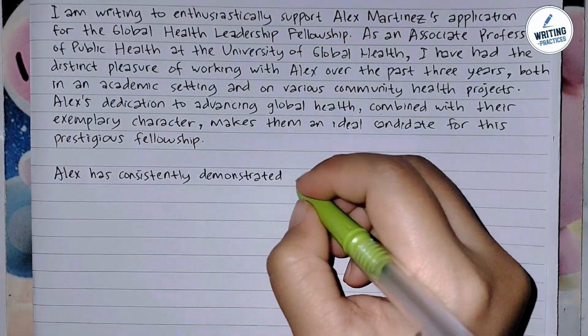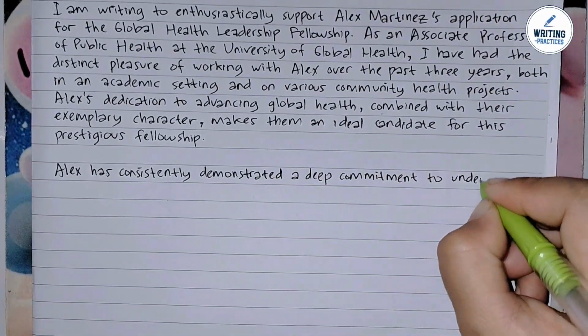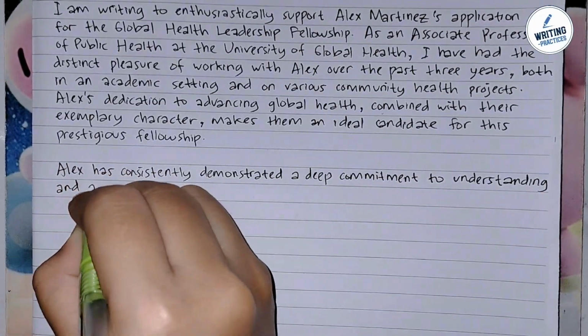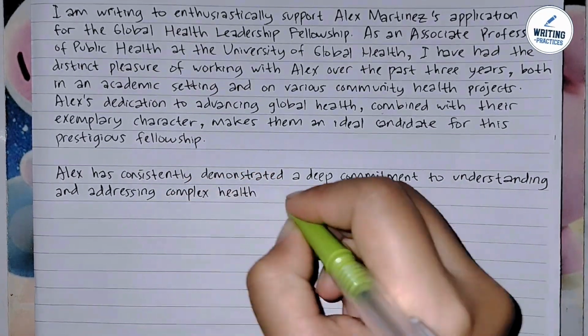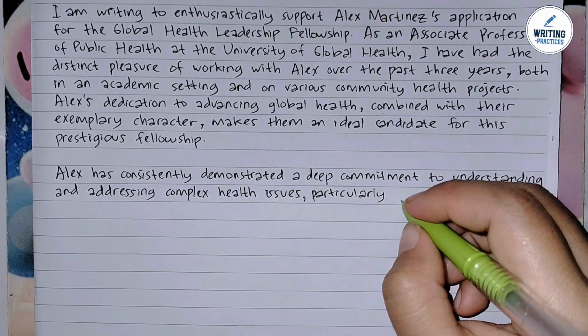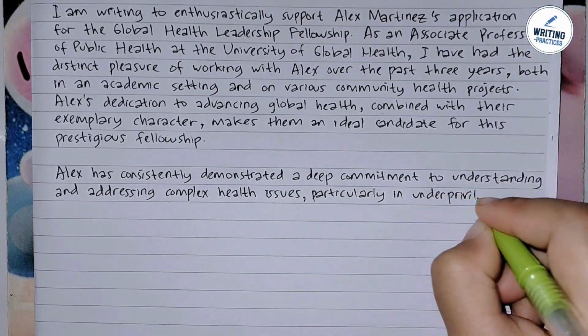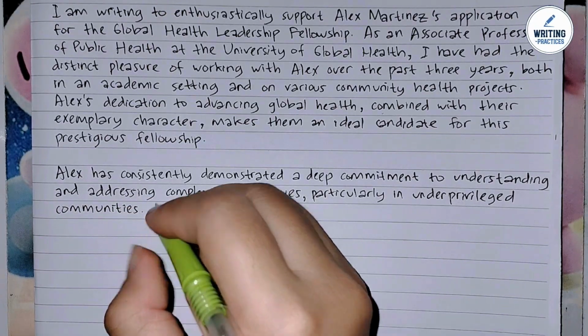You must highlight the applicant's dedication to the field, and their commitment to understanding key issues in the relevant area. You need to demonstrate the applicant's passion for the field, a critical trait for fellowship selection. For example, Alex has consistently demonstrated a deep commitment to understanding and addressing complex health issues, particularly in underprivileged